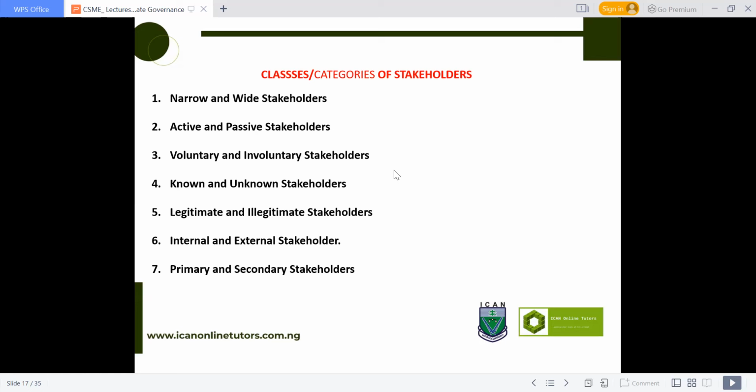We also have another one called internal and external stakeholders. Internal, from the word internal, are those stakeholders within the organization, while external stakeholders are outside the company. Internal stakeholders are within, external are outside. And the last one is what we call primary and secondary. Primary